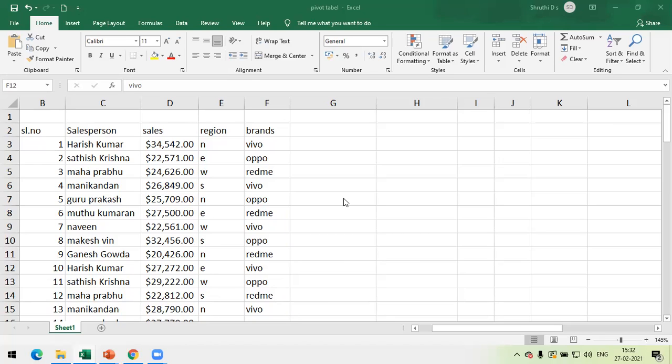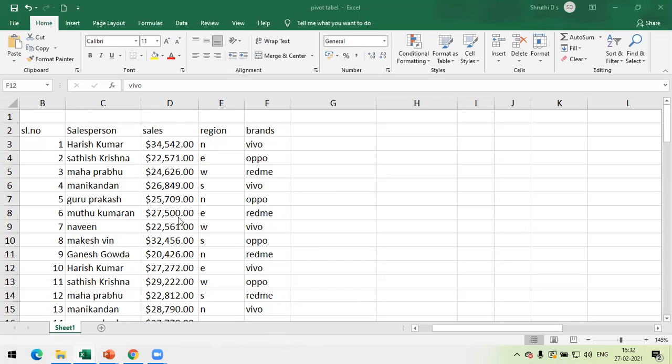It is only analyzing for you. Whatever you require, only that information will be provided to you with the help of pivot tables. This is a very interesting and very important topic under Excel. So now let us concentrate first on how we insert the pivot tables. Later we can go with other topics.